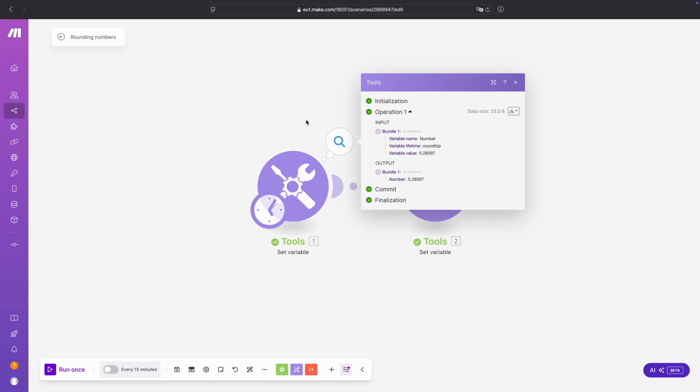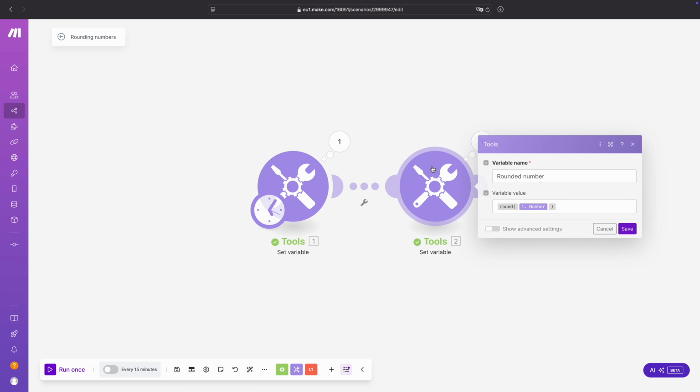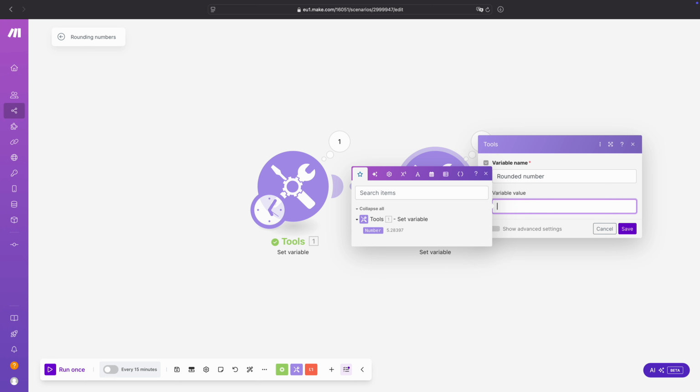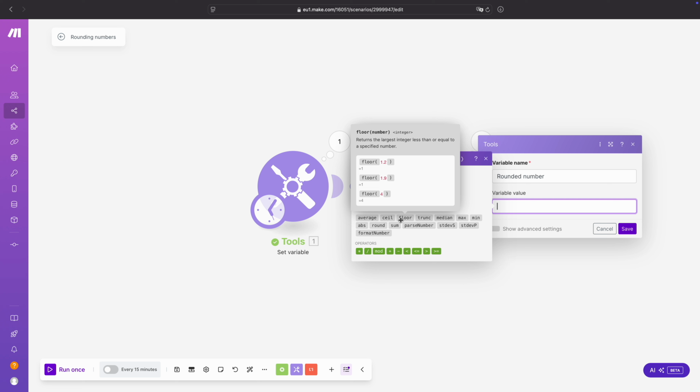But maybe you also have a specific use case where you always want to basically round the number down to the lower number. So what you could do then is you can use a different function. So we go back over to the math functions. And then over here we have a function called floor. And floor returns the largest integer less than or equal to the specified number.